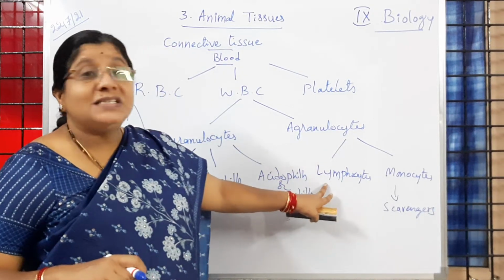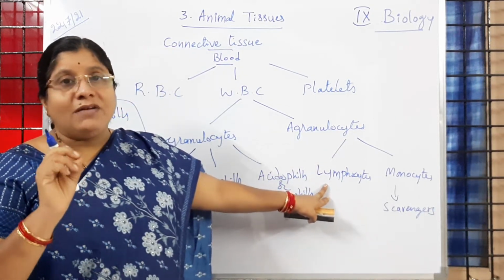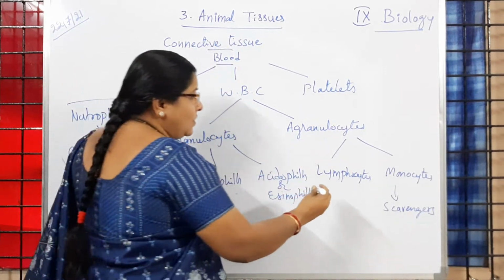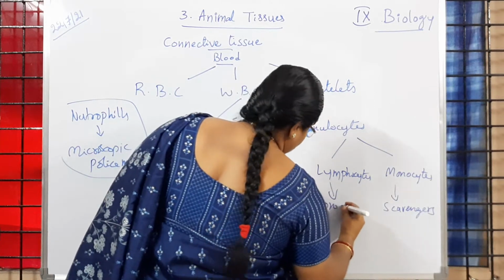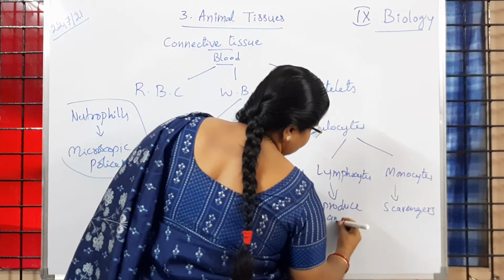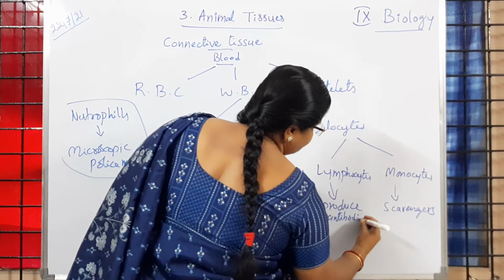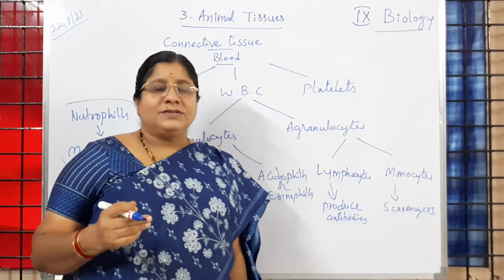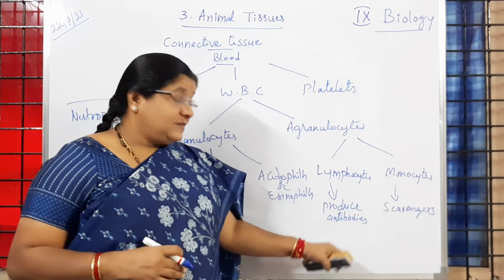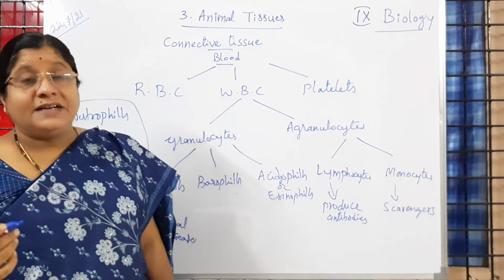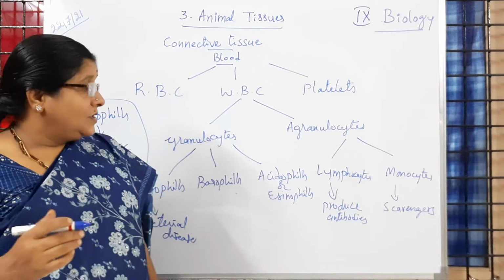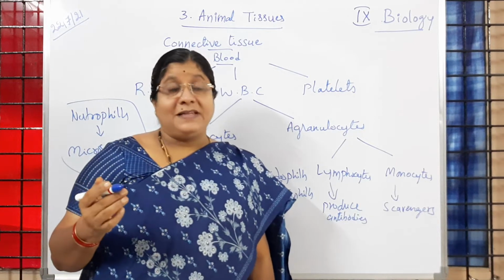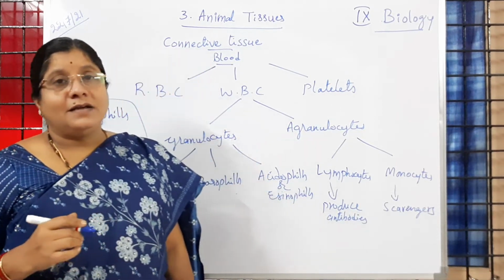Then what is the function of the lymphocytes? Lymphocytes always help in producing antibodies. So these lymphocytes produce antibodies in our body. Antibodies are produced means what? Sometimes we observe people not getting affected by diseases. Why does it happen like that? The best example I can give is corona. In a family many people were attacked with corona, is it not?